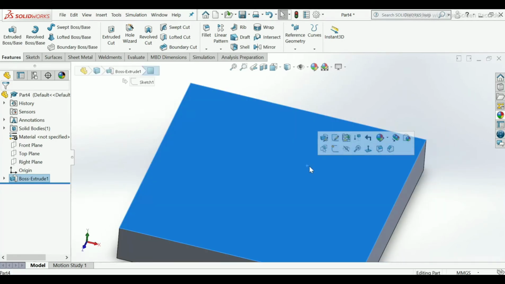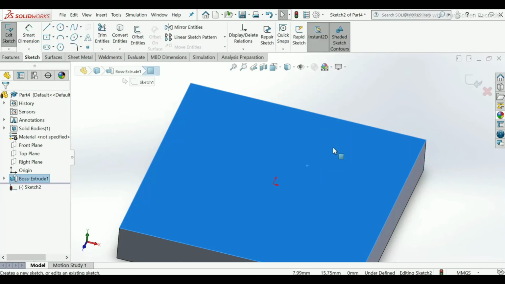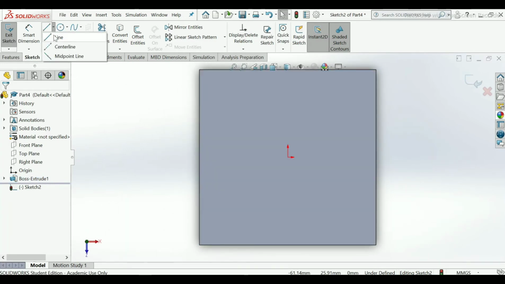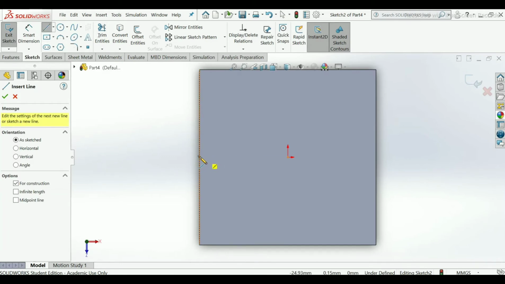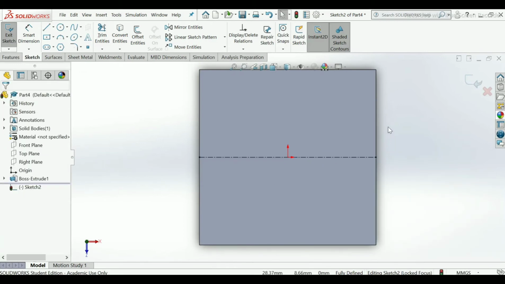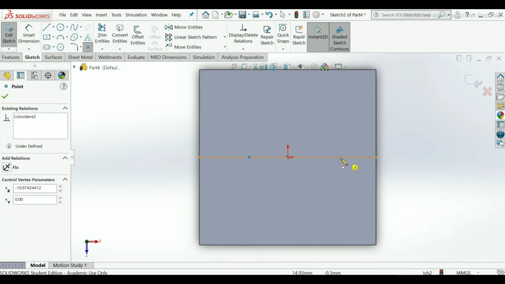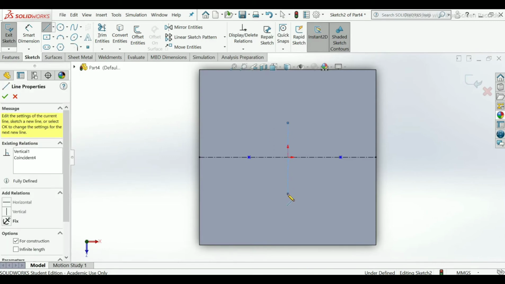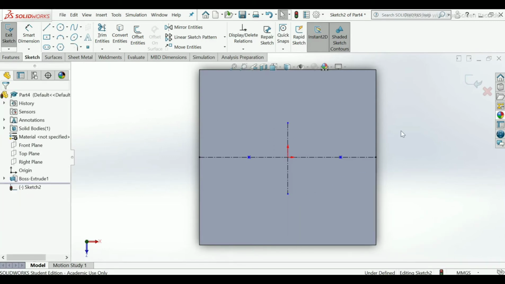Now select this face, top face, sketch, center rectangle, select the points, again select one center line from the horizontal direction, as you can see here.